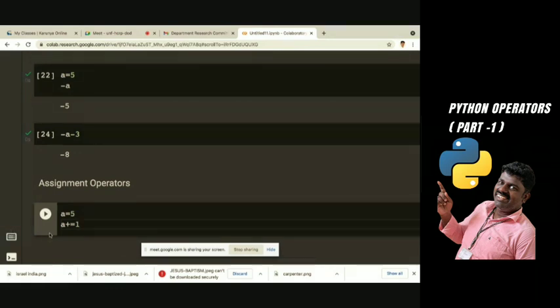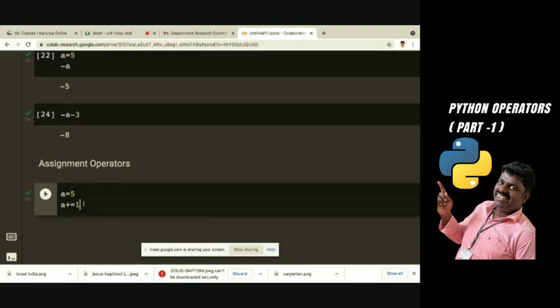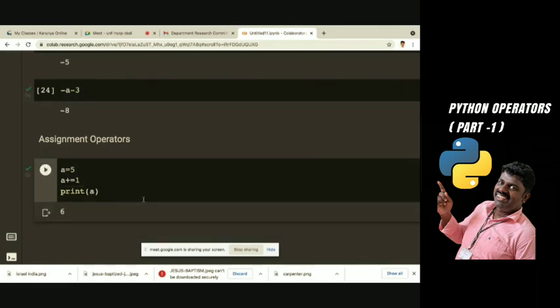What is the meaning of it? a equal to a plus 1. Already a is 5. If I'm doing like this, it is running. If I want to print the value of a, now the value becomes 6.